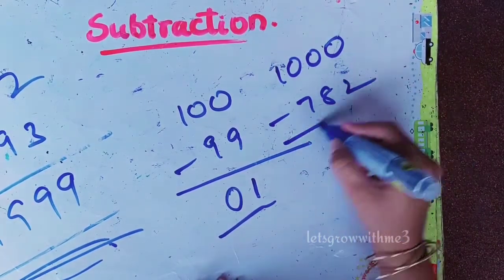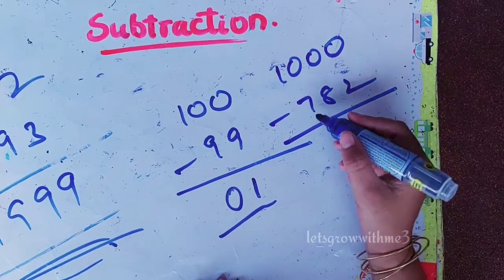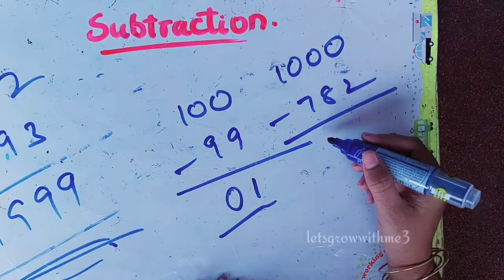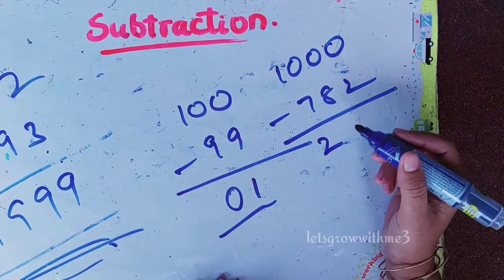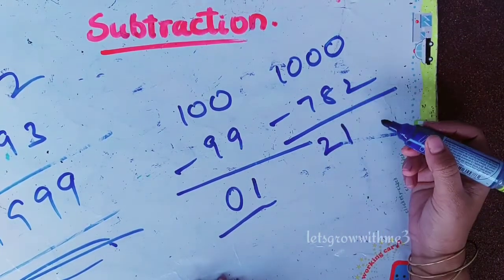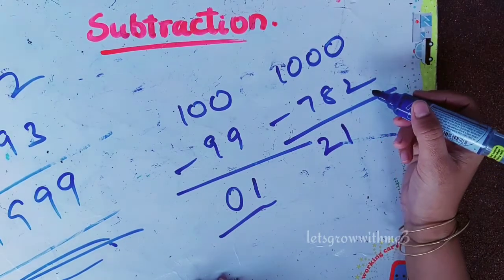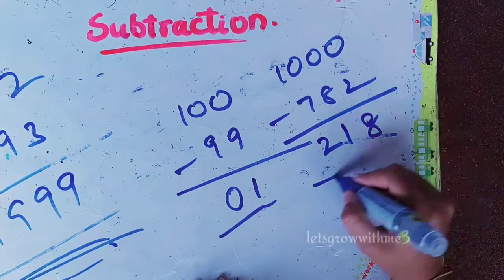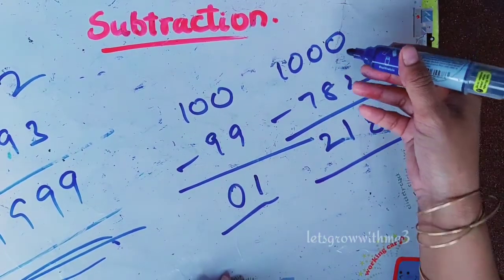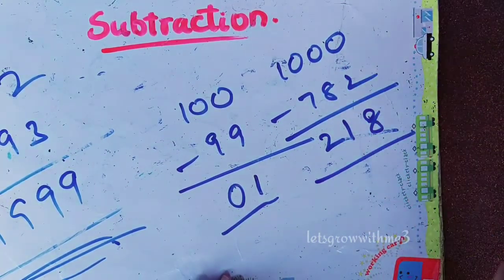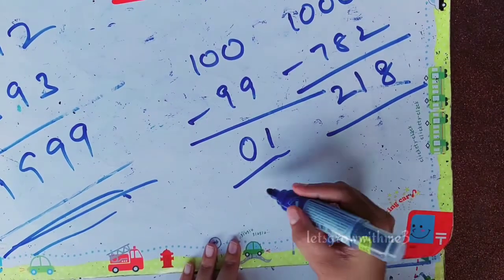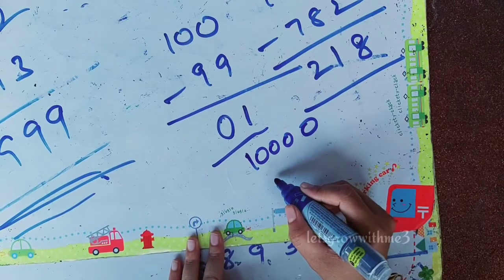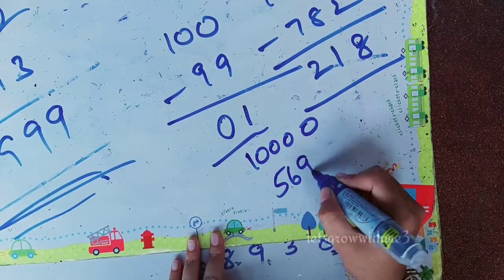Okay, 1000 minus, this time I am not taking 999, I took some random number, 789. So all by 9 means we need to apply this except the ones column. So how much do you need to add to get 9? For 7, 2, for 8, 1. Okay, for the ones column we need to get 10. So how much do you need to add to get 10, which is 8. So the answer is 218. So by using this simple method, we can easily subtract the values from multiples of 10.